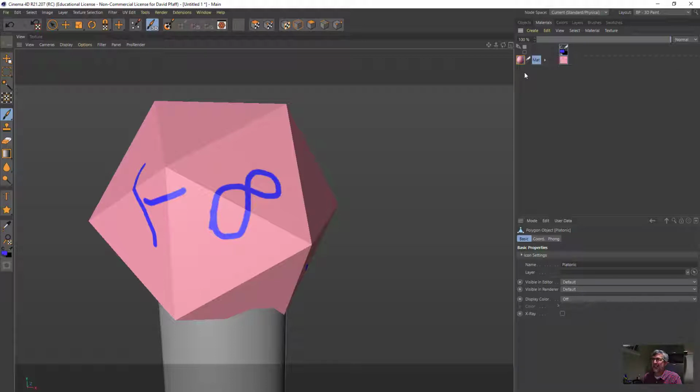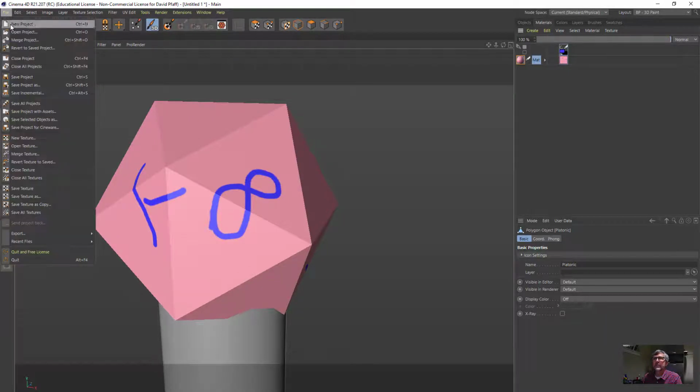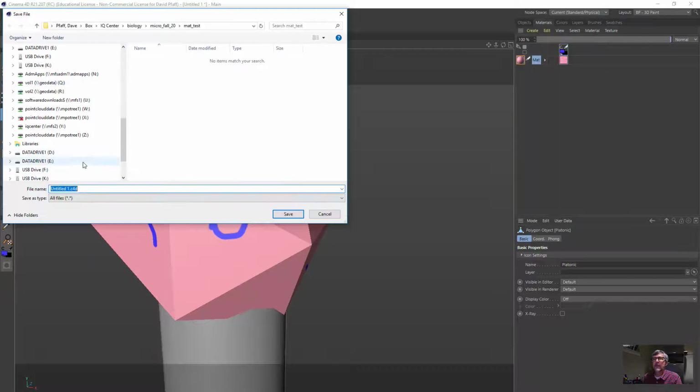There's another thing that I need to make you aware of, and that is that this texture will need to be saved. It's a separate file from your Cinema 4D file, so we need to save our project and our material whenever we move these. So I'm going to go ahead right now and save this Cinema 4D project. I'm going to go to save project as, and I'm saving it in this location that you will have access to, and I am going to call it